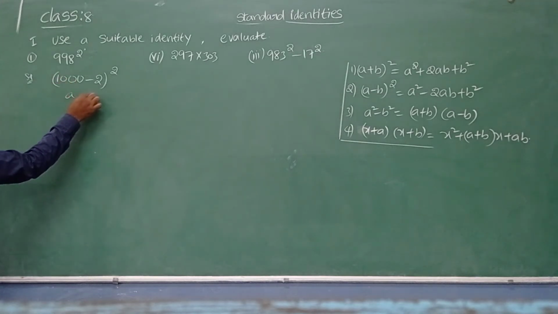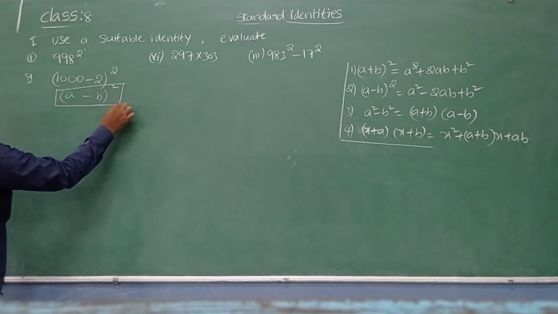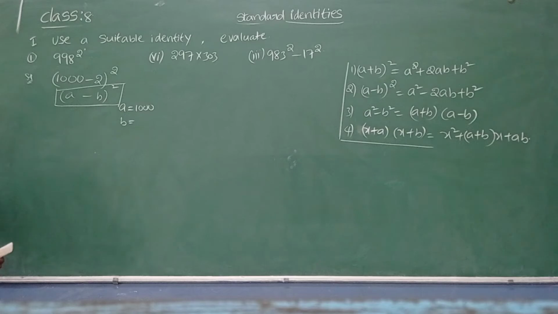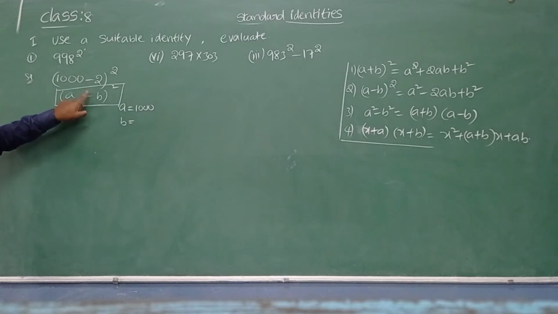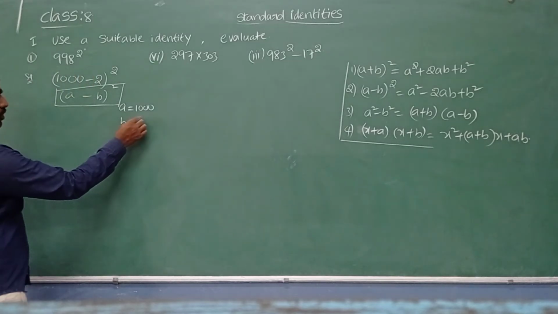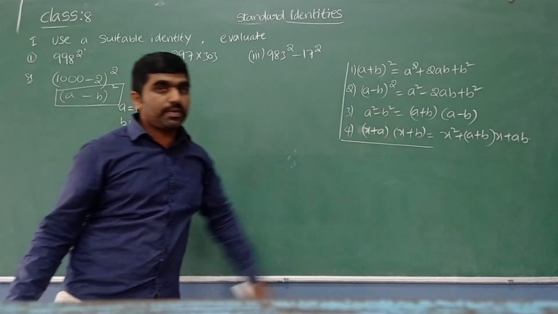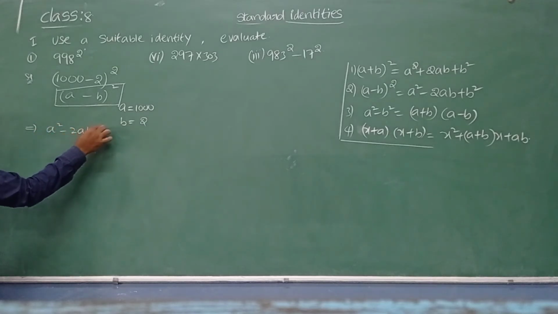Now it is like the a minus b whole square identity. Let me do the comparison. In the place of a we have 1000. In the place of b, don't say minus 2. The minus signs are both matching. Forget about this minus symbol. Here also we have minus in the formula, and here also we have minus. Both are the same. Now in the place of b, we take only 2. b is equal to 2. Now what is the expansion of a minus b whole square? Sir, it is a square minus 2ab plus b square. Yes. Now you write here: a minus b whole square expansion is a square minus 2ab plus b square.